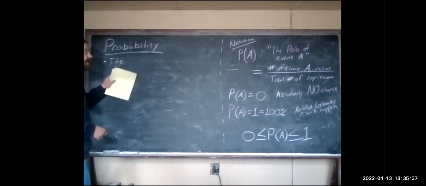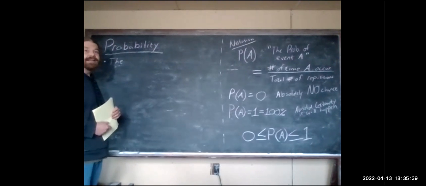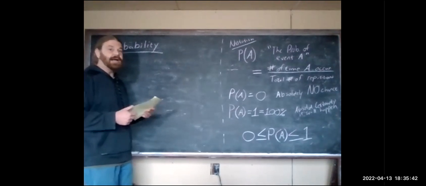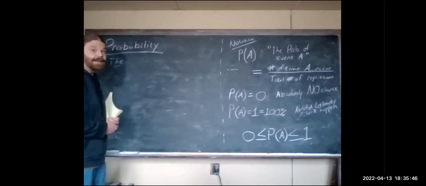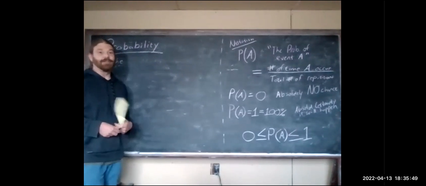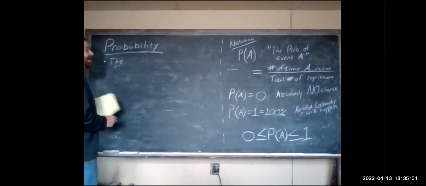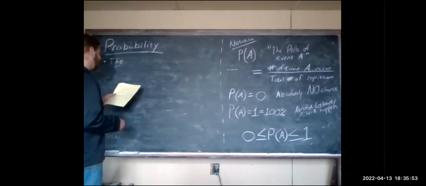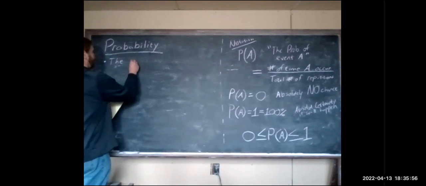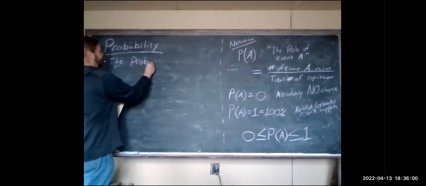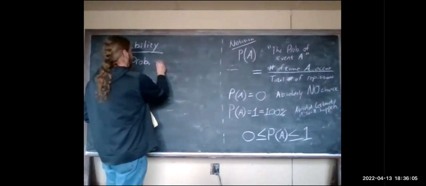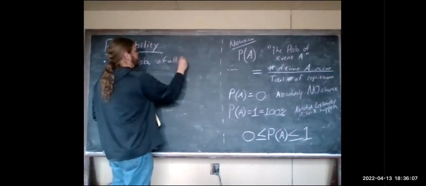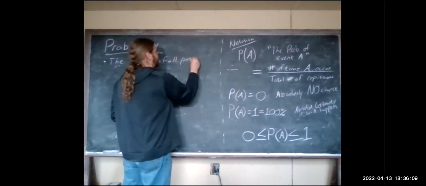So probability, we need that random chance. We don't want it to happen the exact same way every time. We want some variety in there. And then some of our things are just games of chance, and those are all about probability. Probably don't even have to make a note about how probability affects those. So the probability, which I'm going to start abbreviating where it's on the board because it's a long one: probability of all possibilities